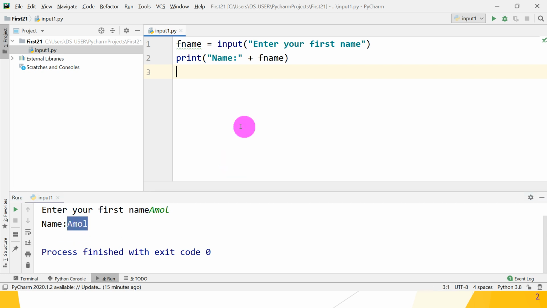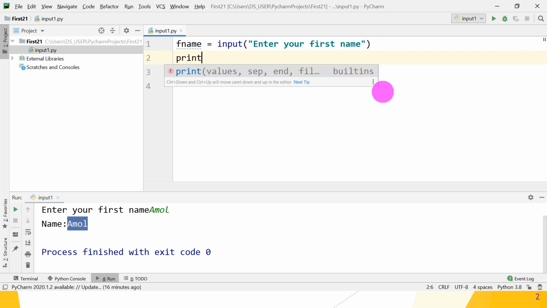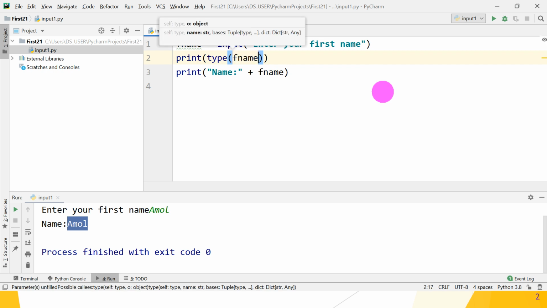So guys, this is all about the input method. But what is the return type of input? Input returns string. If you want to check the type of that fname variable, just print, then the type method is available and give the name of the variable. The name of the variable is fname. So check the type.